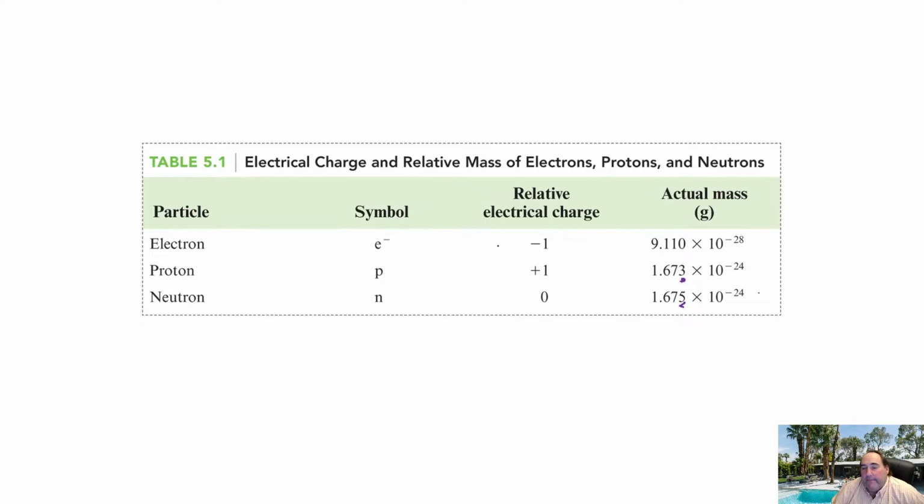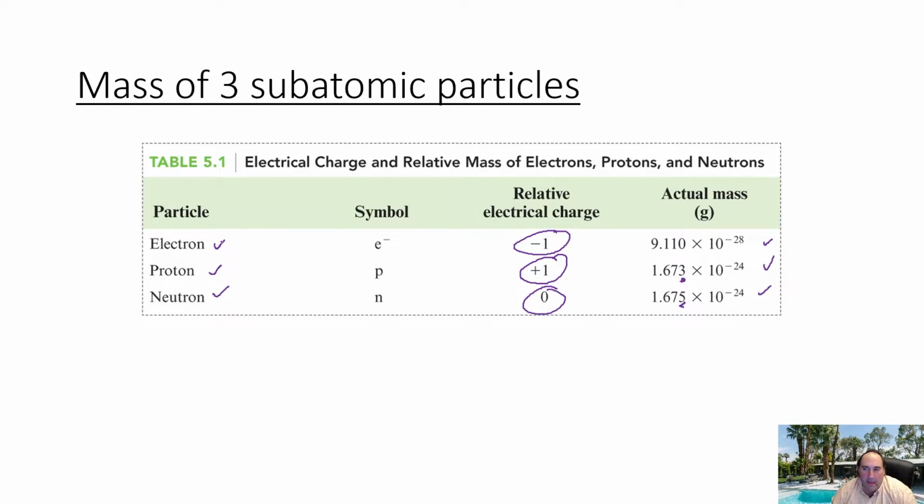So this, you don't necessarily have to know the exact numbers. They might even be provided for you. But you do need to know that the neutron is the heaviest, followed very closely by the proton, and also the electron is the lightest of those three particles. You need to know their charges. So electrons -1, protons +1, no charge there for our neutrons. And obviously at this point, you should also know where they are found in the atom.